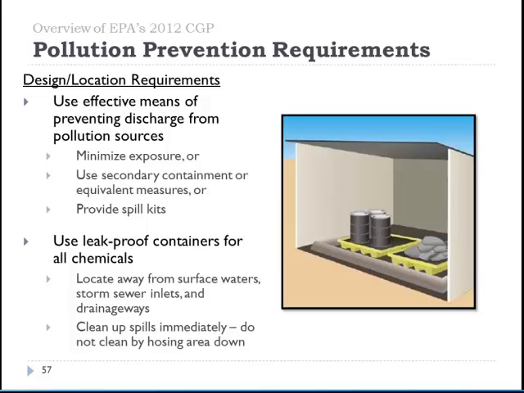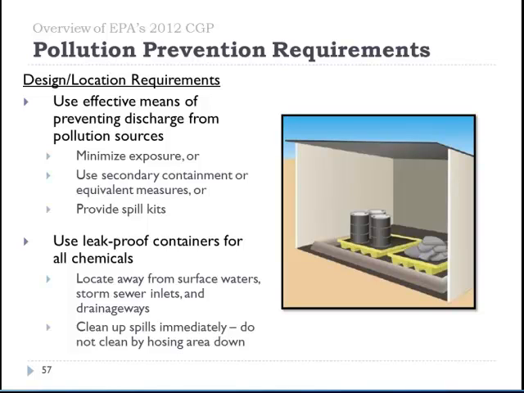The permit also includes specific standards for minimizing pollutant discharges from certain pollutant generating activities that are common on construction sites, and these standards are also consistent with the new C&D rule pollution prevention requirements. So the permit includes standards for fueling, maintenance, and washing of equipment and vehicles, storage, handling, and disposal of construction products, materials, and waste, and washing of applicators and containers used for paint, concrete, and other materials.